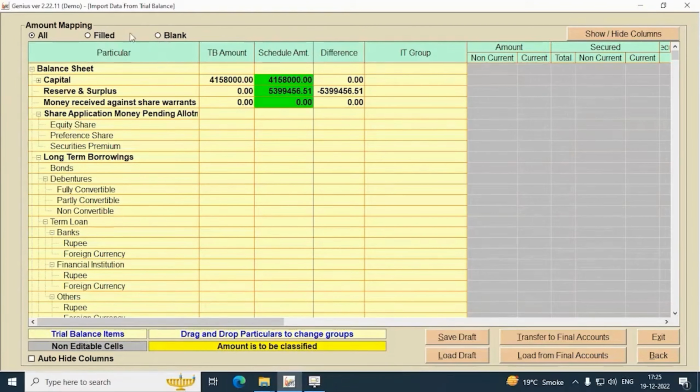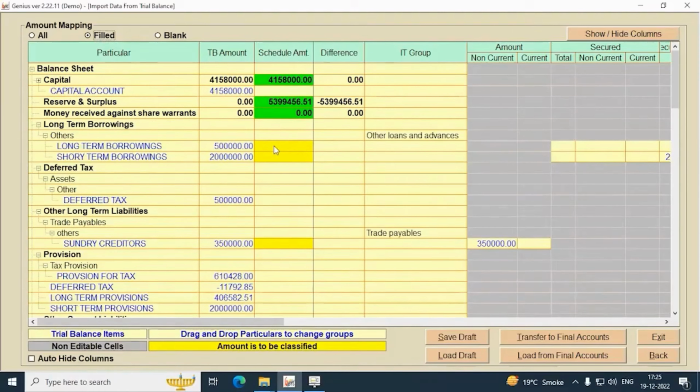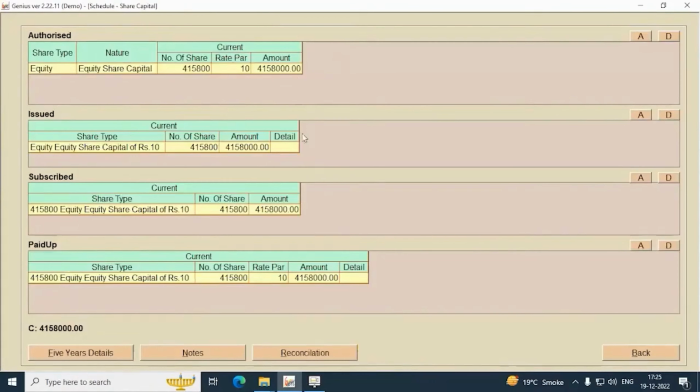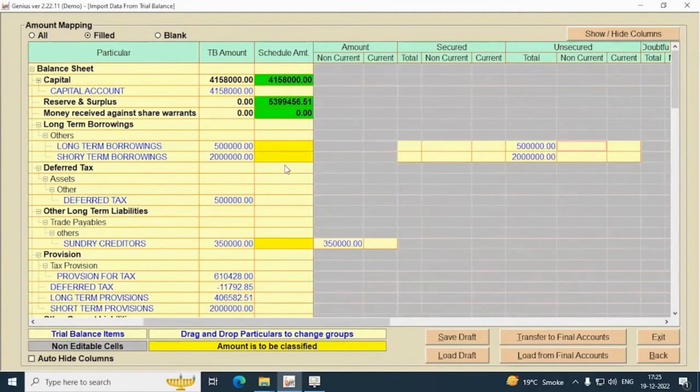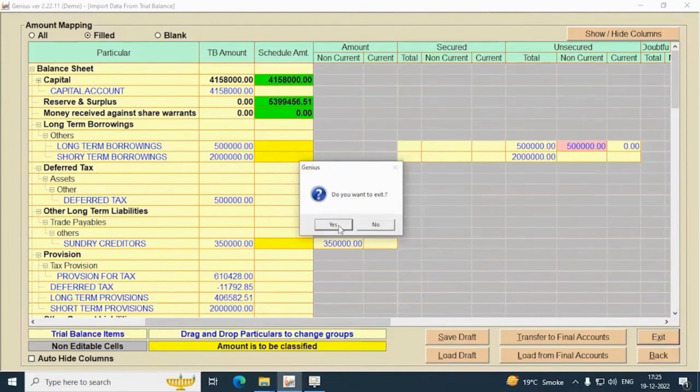Just click on the fill button, then the amount will appear with green and yellow color tabs. In the green color tab, you have to fill the schedule, and in the yellow fields, you have to bifurcate the amount. After that, click on the Save button and transfer to Final Accounts.